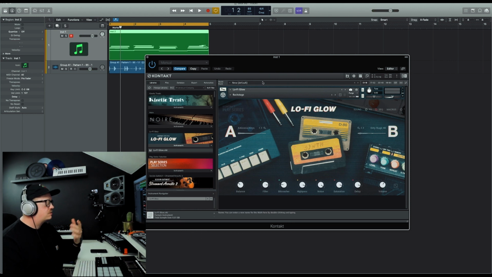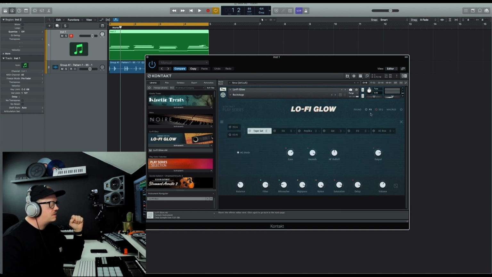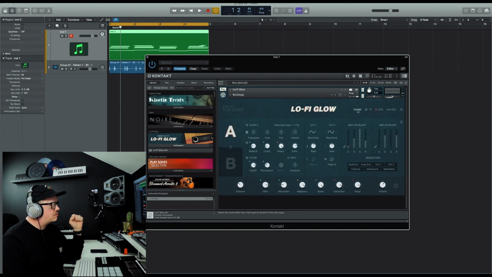And the interface here gives you a few different pages that you can tweak. So first of all, the sound page, that is kind of the basics of it all, with an A and a B section that is mixed together kind of nicely. You also have an effects page, a sequencer, and a macros page. But let's get back to the sound page, because I think